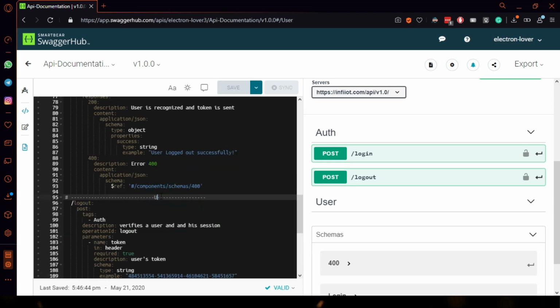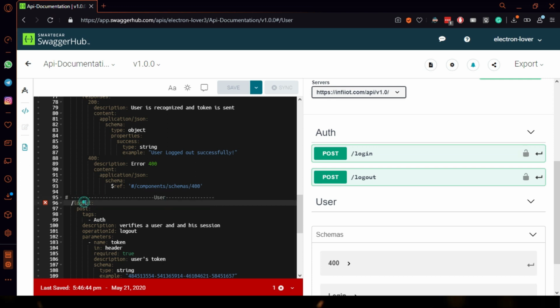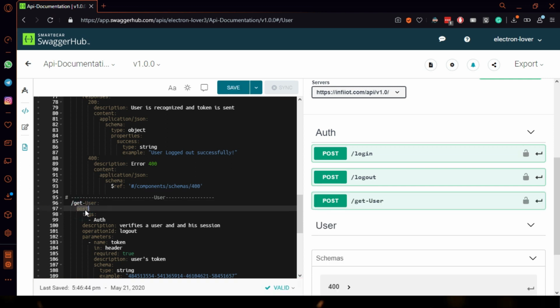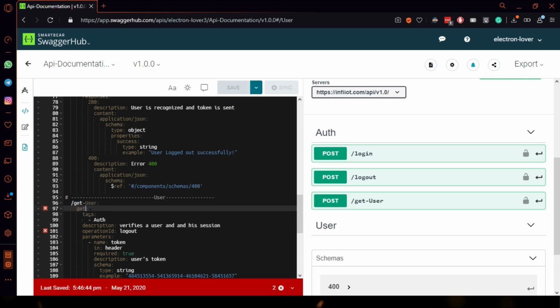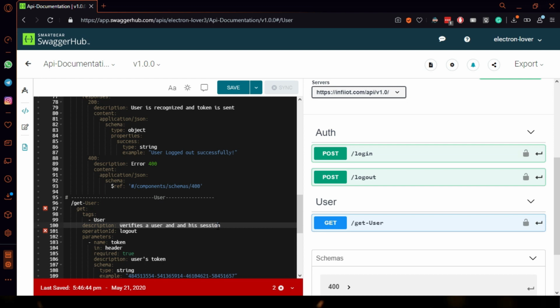The path will be get user for the user endpoint and it should be shown under the tag user. Let's give it a description. This will verify a user and give his details.